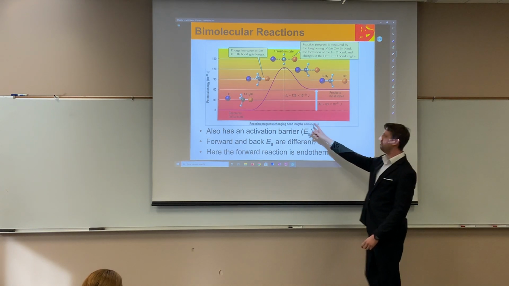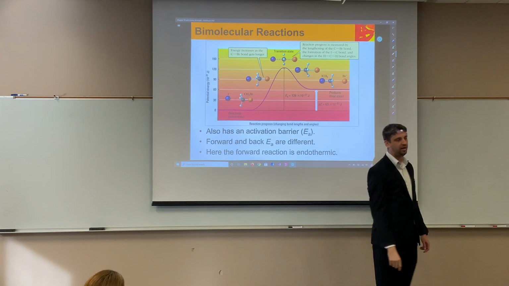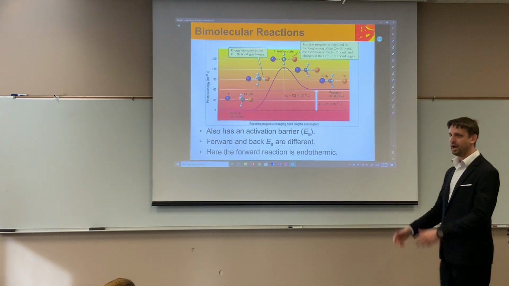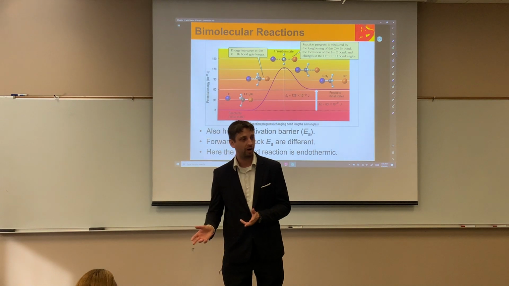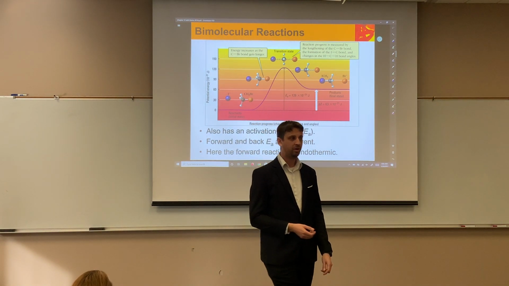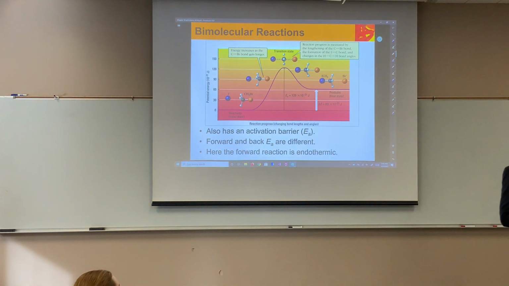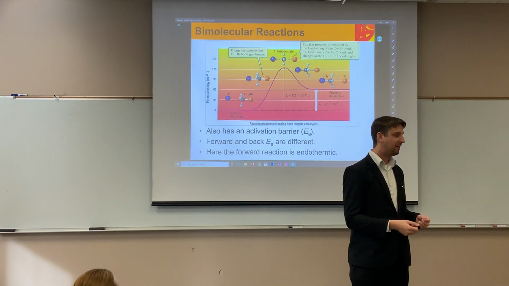If you notice here in the middle, from my reactants to the top of the hill, we have this E sub A. We'll come talk about this again later. This is our activation energy, right? This is the energy to get the reaction to go. Got it? The energy has to come from somewhere. Where's the energy going to come from? Well, maybe we're putting it on the stove and we're heating it up, right? Or maybe we hold a match to it. Or maybe we channel all our inner rage and we yell at the reaction really, really loud, right? We just have to add energy.